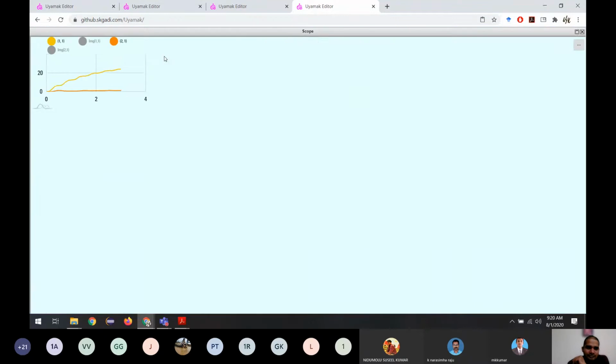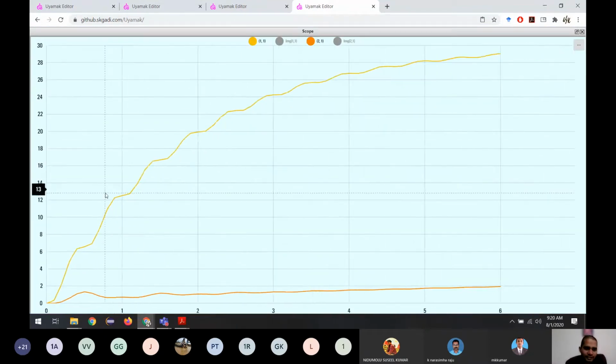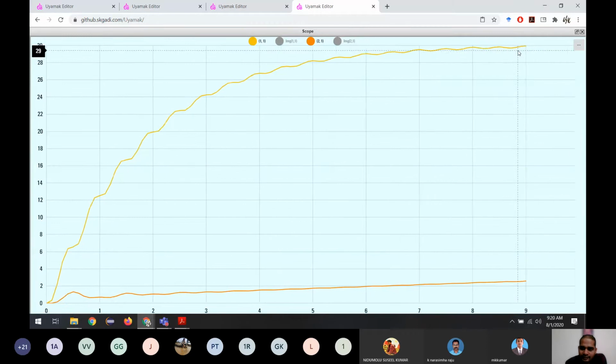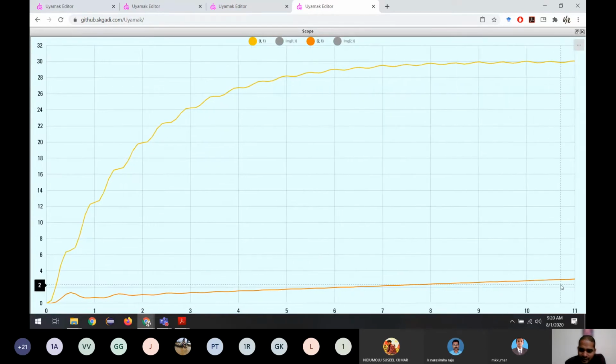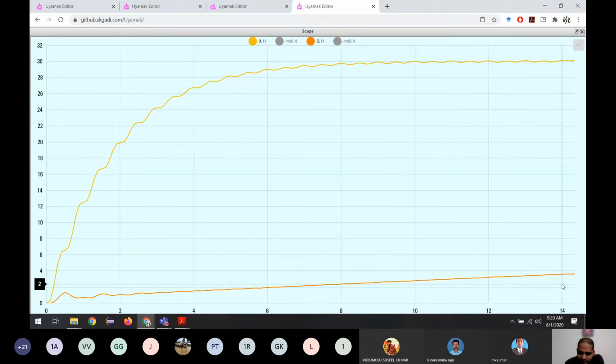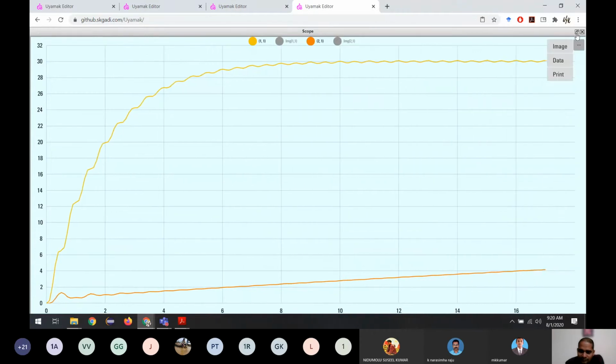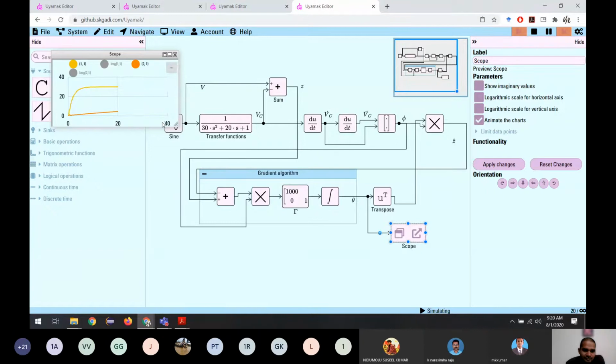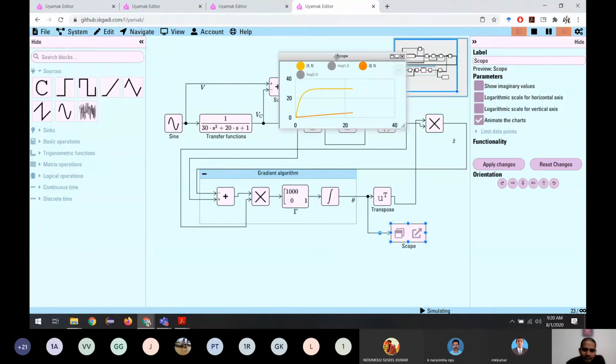If you see, we can see that theta 1 is reaching a little quick, but theta 2 is taking time. We can see it will reach, but it will take some time. Let us keep it running for a while and we'll see it will reach. You can see it's slowly increasing and it will reach after a certain time. But the problem is in real life, we can't wait that long, and we won't consider the algorithm good. The reason is we are exciting with one sine wave.